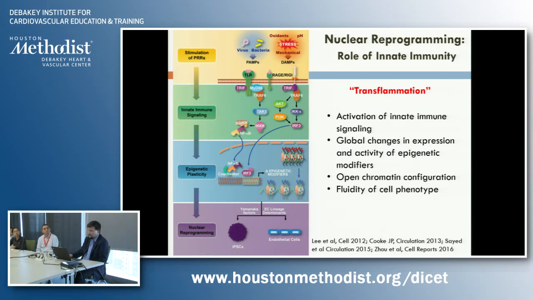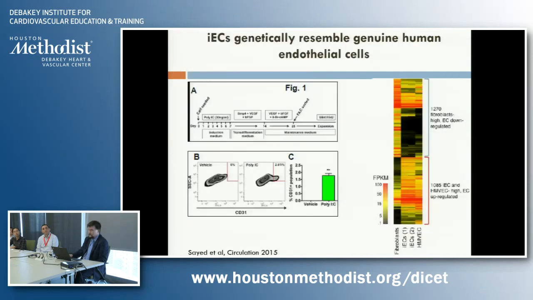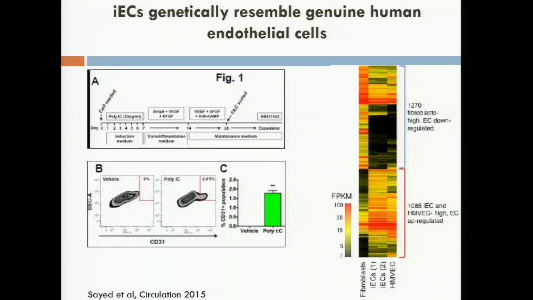So today we're going to be focusing on nitrosylation and transdifferentiation. And the transdifferentiation that we're interested in is that which produces induced endothelial cells. So Shu has a nice protocol for generating induced endothelial cells, which involves activation of innate immunity, and then the addition of factors that are basically cues for transdifferentiation of the fibroblasts to endothelial cells. And the endothelial cells that she derives are very similar to genuine endothelial cells.